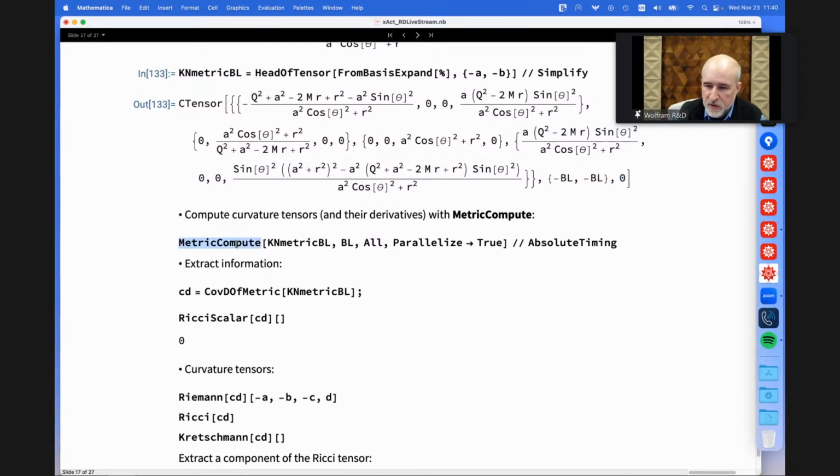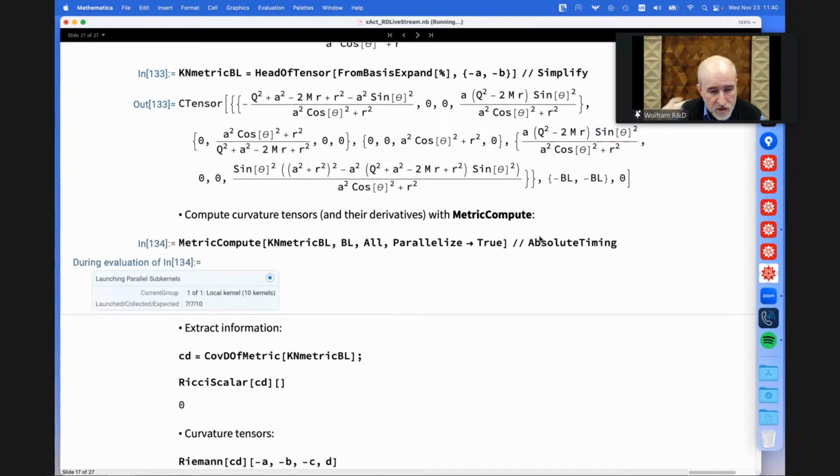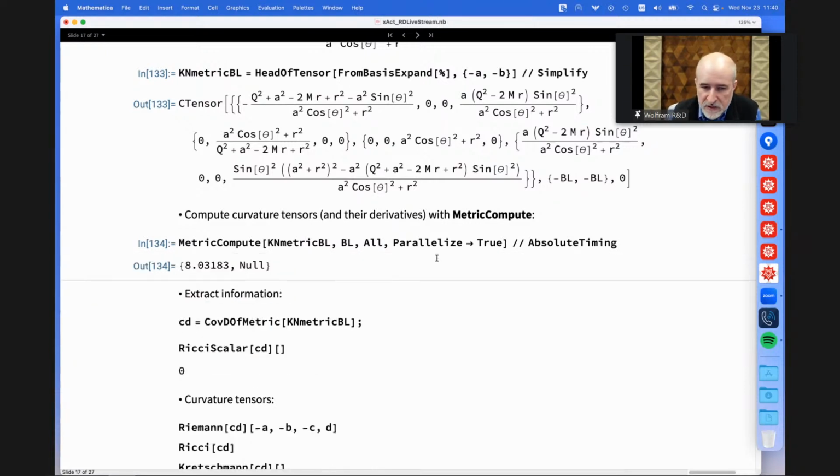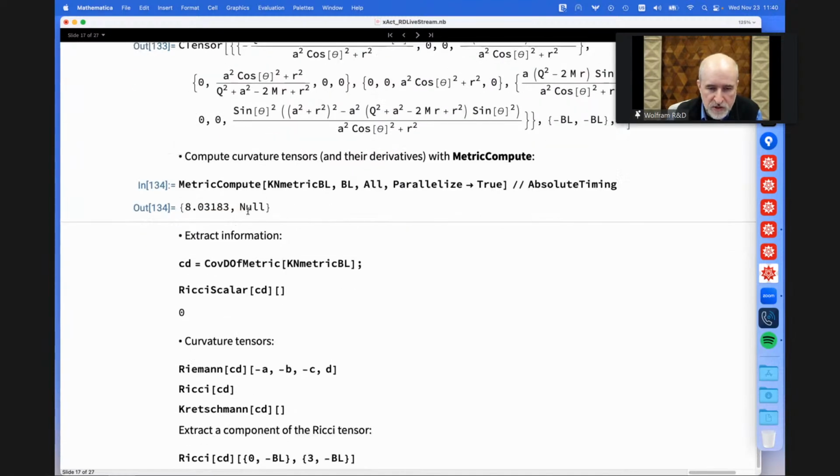Now, this is a very important function. This function is able to compute many, many, many things, and it does it in an optimized way, not repeating computations, and it parallelizes, etc. So by saying all here, it will compute anything it can, including things like the derivative of Riemann. So it will use my kernels in the computer, and this will take about 10 seconds to compute. And as I said, this has computed all sorts of curvature tensors, derivatives of curvature, Christoffels, base changes, lots of things. And it's all cached,